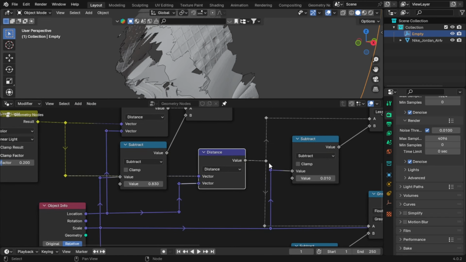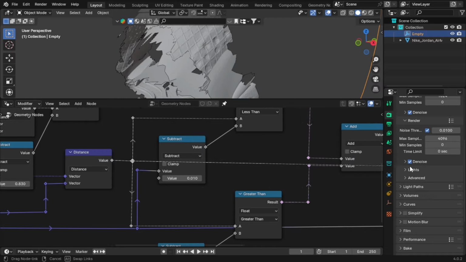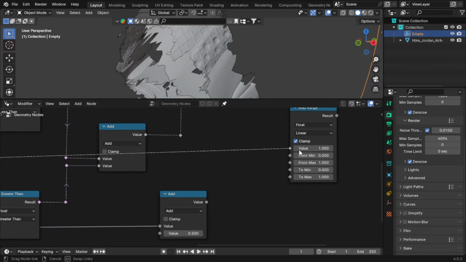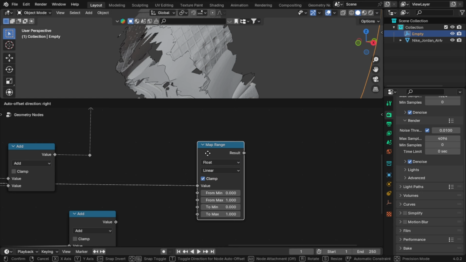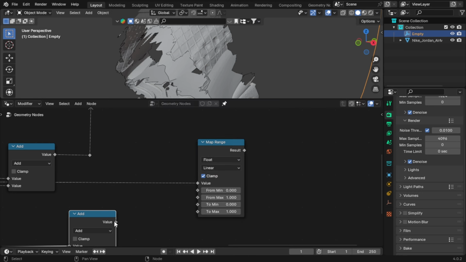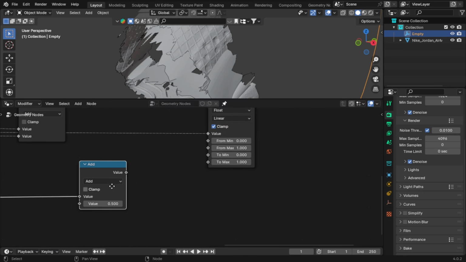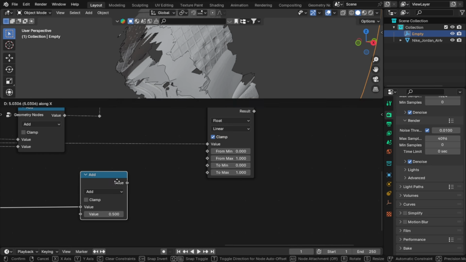Alright, let's take the value and plug it into the map range node. Let's plug the add value,